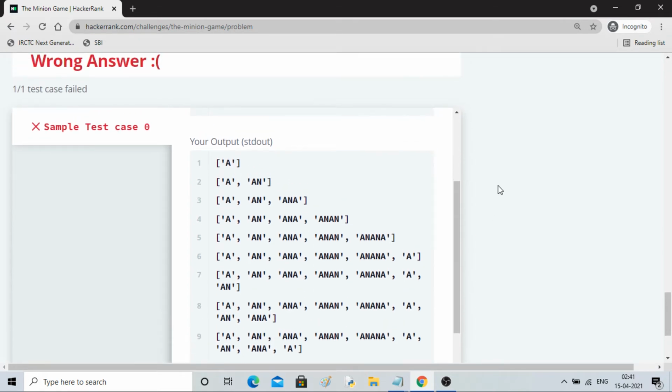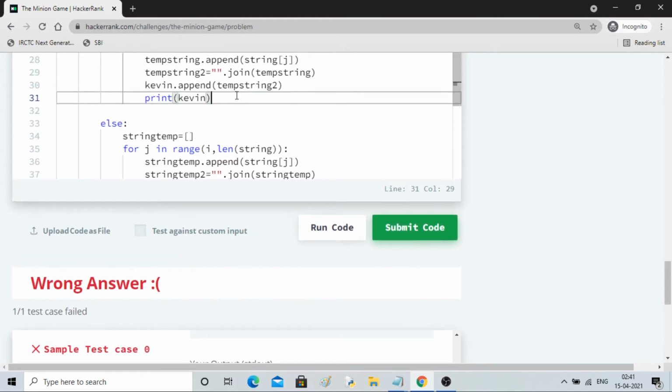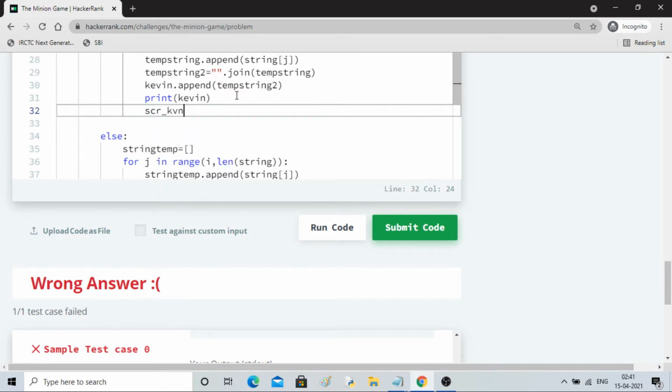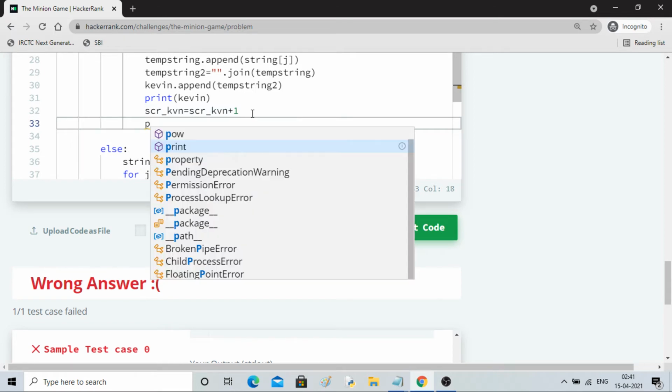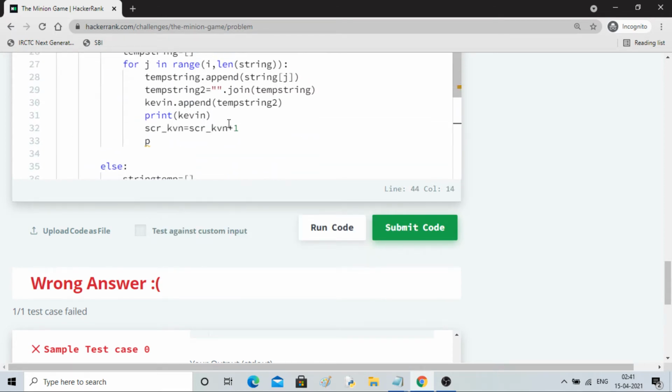So can I add the scores here only? Let's start with score 0 and score plus 1. What is the problem? Nothing, right? Because that's what we are doing here. Here we are just taking the length, right?